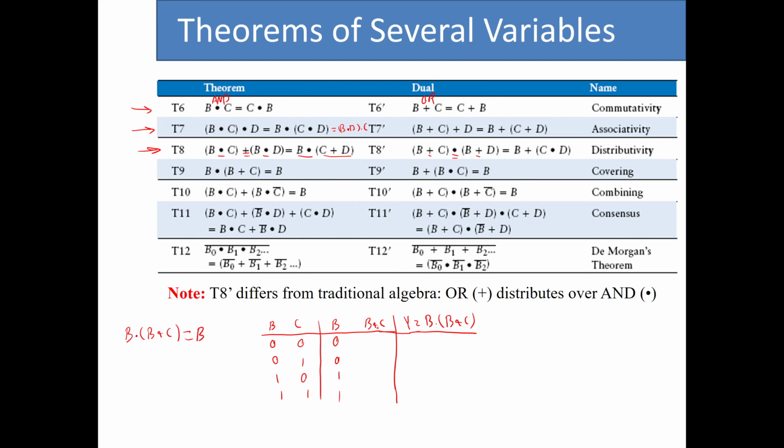For B plus C, or B or C, we need to use one of the previous axioms to find out what the value is. 0 or 0 is 0, 0 or 1 is 1, 1 or 0 is 1, and 1 or 1 is 1. So now to create the